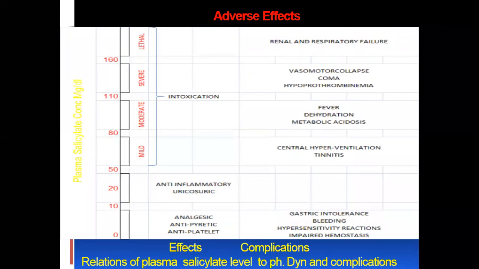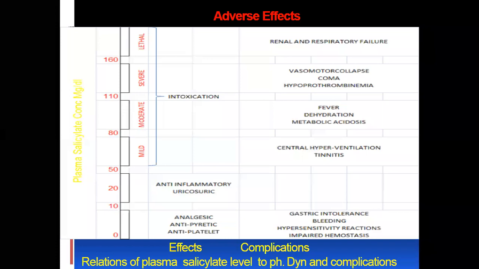Now, what are the adverse effects of aspirin? The adverse effects of aspirin are explained via this graph: relation of plasma salicylate level to pharmacodynamics and complications. There are various plasma salicylate concentrations in milligram per deciliter, that is 0, 10, 20, 50, 80, 110, and 160, etc. Now, the useful effects of aspirin, that is analgesic, antipyretic, antiplatelet action, are seen at the 0 to